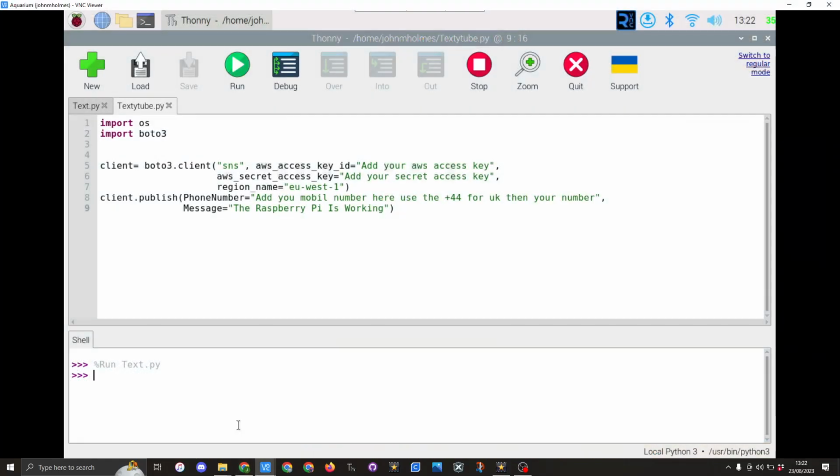So here I'm in Thonny on the Raspberry Pi, and here you can see the lines of code that I require to be able to send these text messages. We need to import the OS, which is straightforward, and we need to install Boto3 onto the Raspberry Pi, and I'll show that in a few minutes. Then we have a number of lines of code. Now here you can see we've got a client equals boto3.client. Then we have to tell it it's an